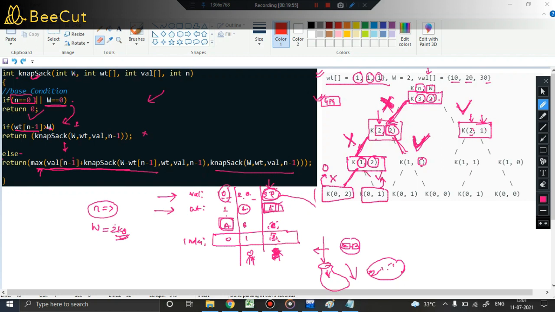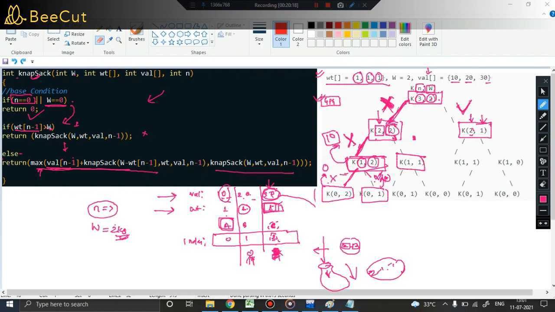Since you have picked up the item, you are getting the profit associated with it, isn't it? That is 10 rupees. So out of 10 rupees and 0 rupees, what is the maximum? The maximum is 10 rupees, isn't it? So this particular function will return a value of 10. Now likewise, if you consider this case